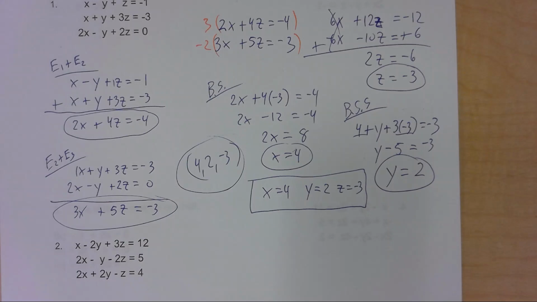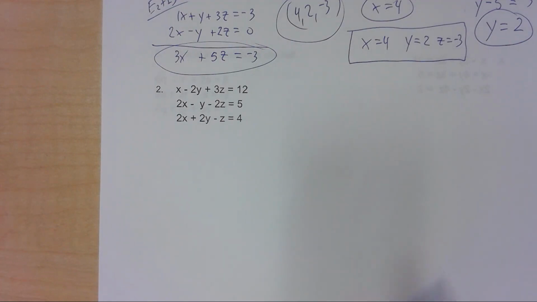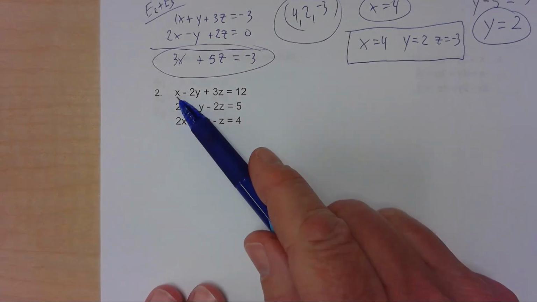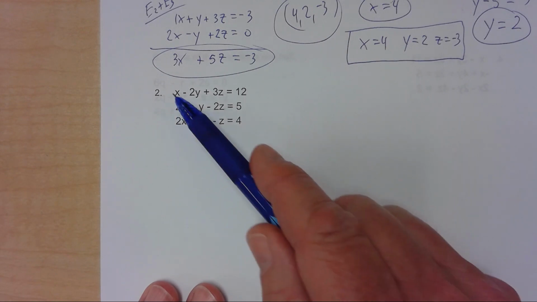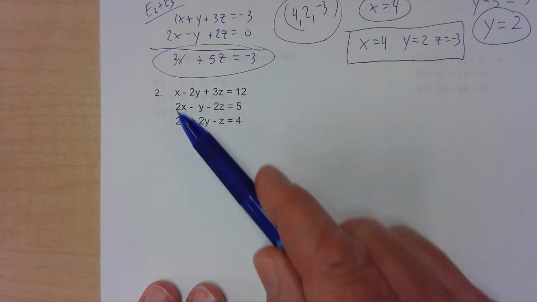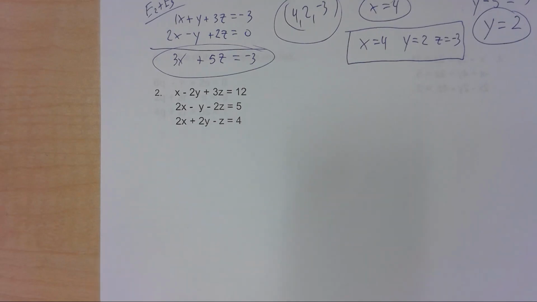Okay, so pick a variable, get rid of it twice. You can pick x, y, or z. In this one, I'm going to get rid of x. Why do I want to get rid of x? Because if I make that negative 2, then negative 2 plus 2 is 0. If I make it negative 2 again, plus the 2 here would be 0. So I'm going to choose to get rid of x